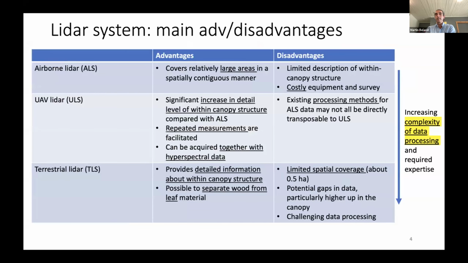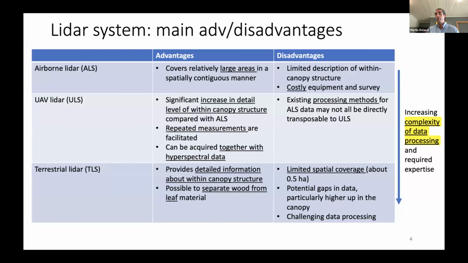So main advantage and disadvantage, airborne has been used quite a bit in the past at flux sites. So it's very good at covering large areas in a more heterogeneous manner. It is costly. Logistically, it's more complex because you need an airport close by. It's a manned aircraft. Sometimes you got people on the ground. So logistically, it's heavier compared to UAV LiDAR,